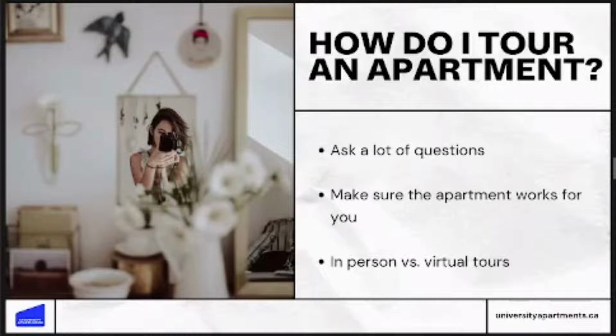Is there enough sunlight for you? Is there enough anything? Got to make sure you're going to be okay with this apartment, with the size and the space you have. Finally, with COVID and other safety concerns about entering apartments right now, it's becoming so much